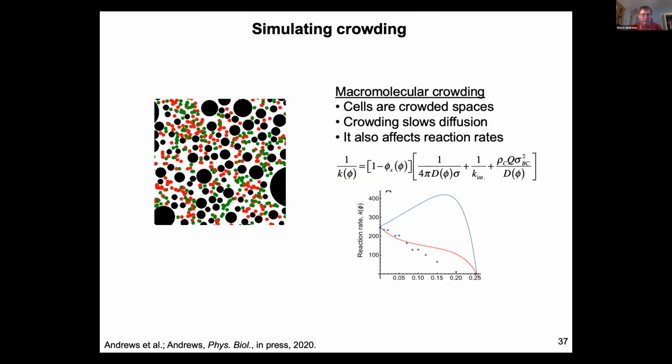I worked some on looking at crowding. So again, have the very small size scale detailed simulations about physics. My question was, how does crowding inside a cell affect the reaction rates? So here's a picture of reactions occurring in a crowded system. We know crowding affects diffusion coefficients, slows diffusion down, obviously, but it also reduces the volume available for reactions, so they go faster. And so the combination of these things changes the reaction rates. Again, Smoldyn has been a good tool for that.